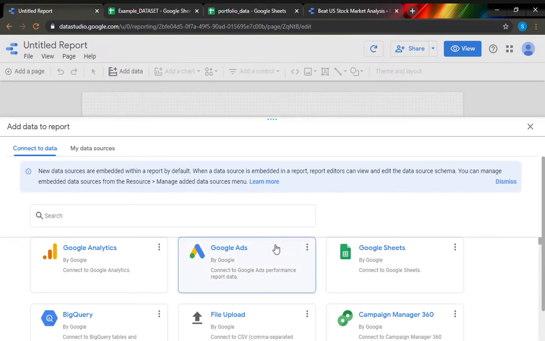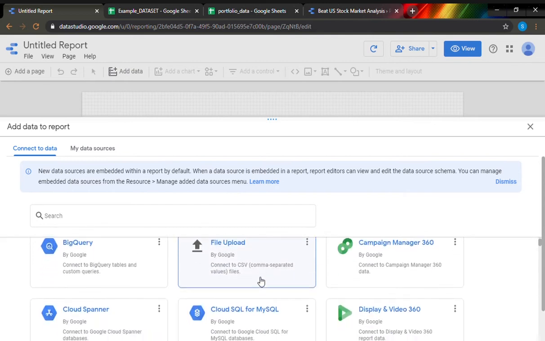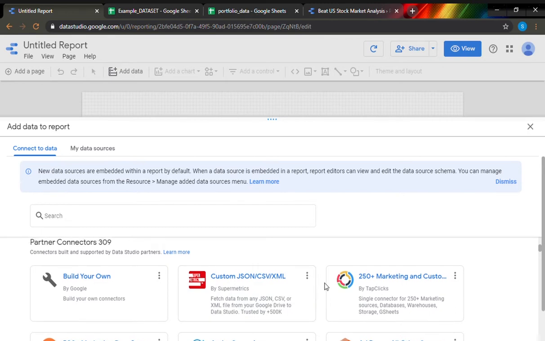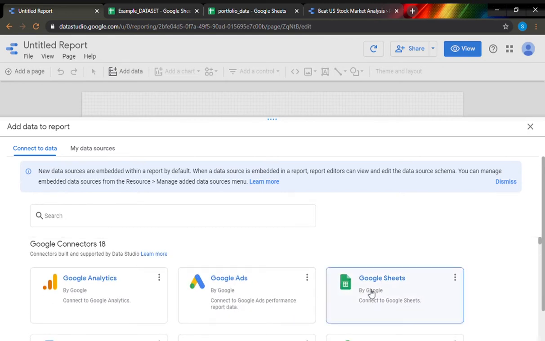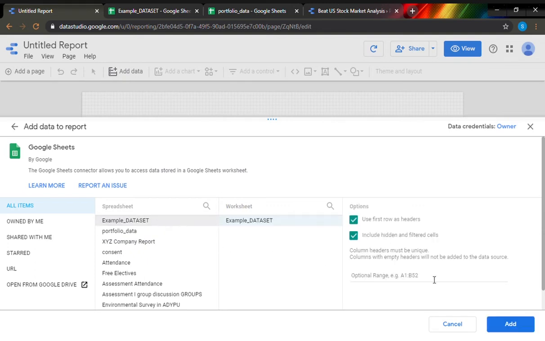So now, as we can see, we will again go back to our report. Now we will be uploading our data. We can even upload from our desktop by using this file upload, but it should be in CSV format. If we need another format like JSON or XML, we can use this, but I better suggest we use Google Sheets. Or if it's your YouTube analysis, you have particular YouTube connectors too. First we will upload this dataset, select this, and add. So this will add this dataset to our report.